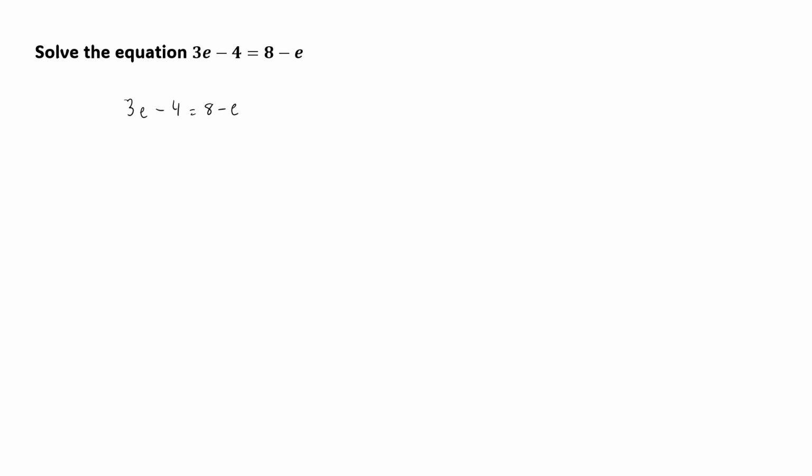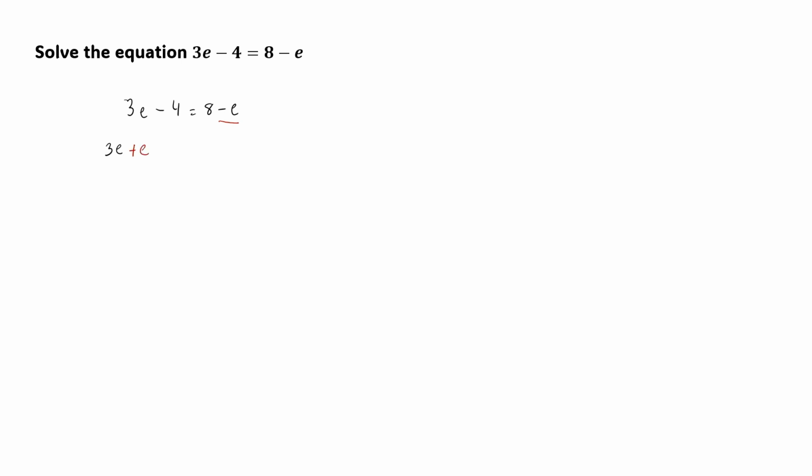So we notice that we have a minus e and a 3e. And remember that whenever you are collecting like terms, we always take the opposite sign when we move that variable or that term to the opposite side of our equal sign. So because our e is being minus here, that means we will add the e on the opposite side of